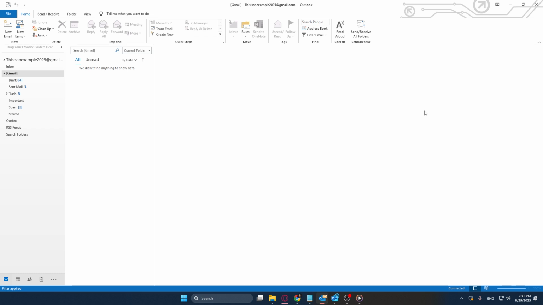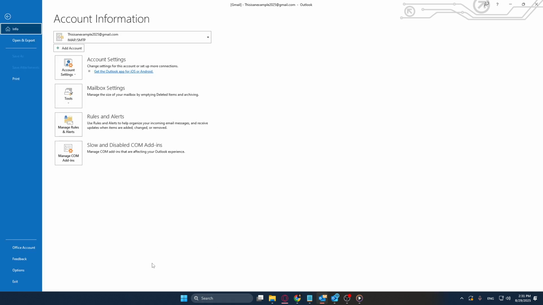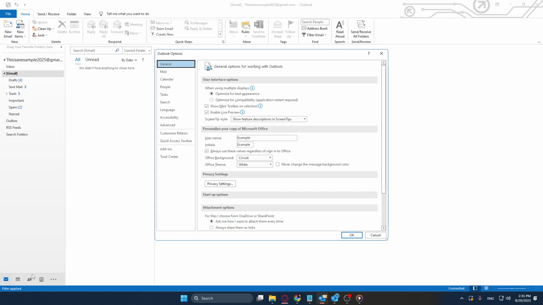To enable the functions we want, we need to access the Options menu. Start by navigating to the top left corner of the Outlook window, where you'll see a tab labeled File. Go ahead and click on that. This will open up a new menu on the left side of your screen. Here, at the bottom of the list, you'll find an option labeled Options. Click on it to proceed, and this will open a separate window where you'll be able to customize various aspects